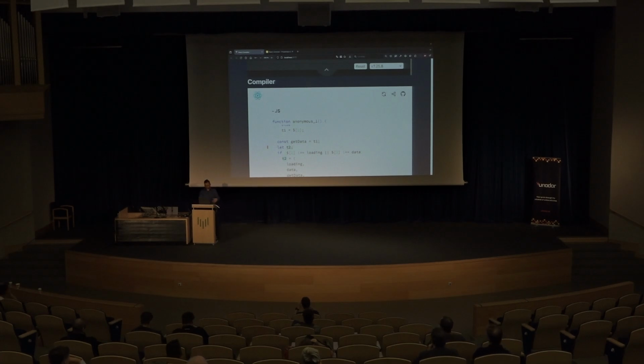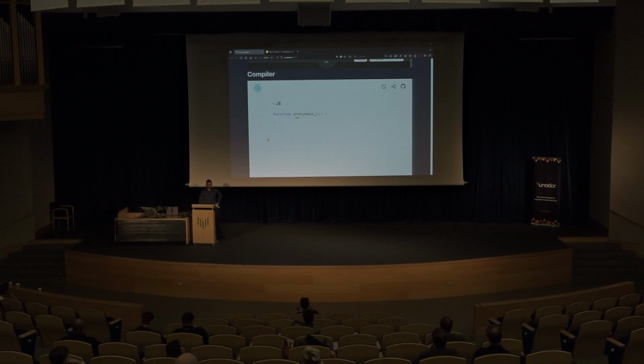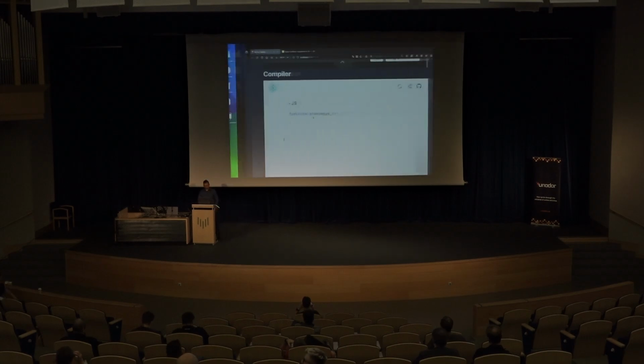Yeah, again, it will change if loading and data are changed, and here is the get data and so on, checking if it is in cache, otherwise it will be recalculated again. So the same mechanism. And I found the bug while trying the compiler, and I had the same situation like here, and